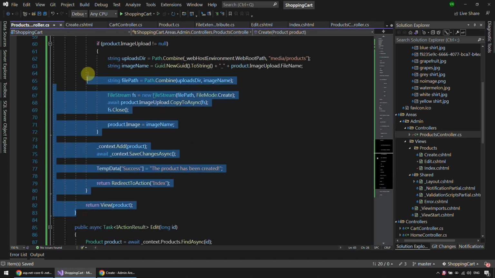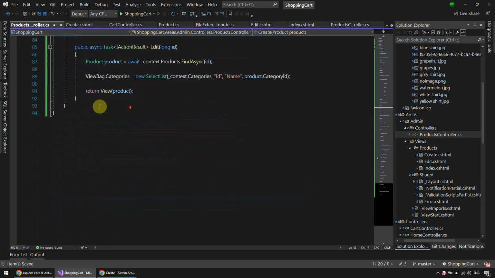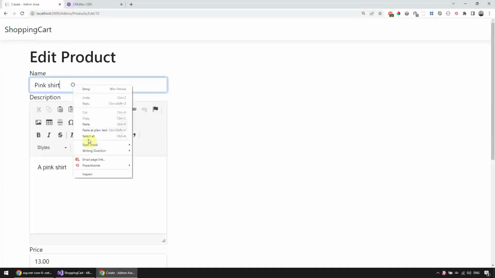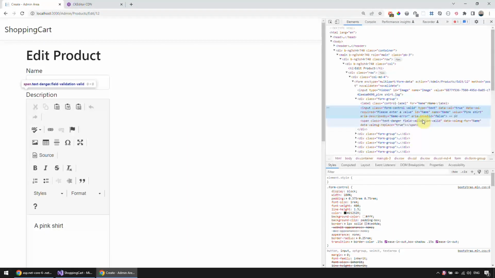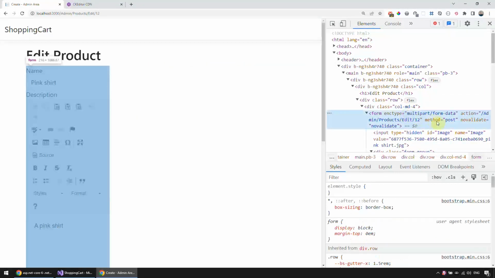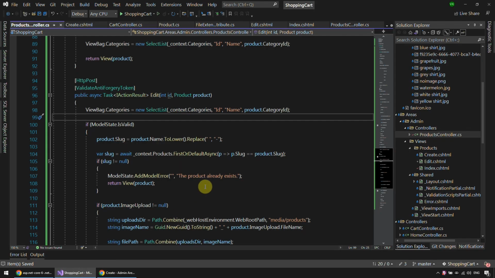So for post, I'm just gonna copy this post create, since it's kind of the same thing basically, so add it here. But I will be passing the ID here as well, since let's have a look at the form, right click inspect, and you can see that the action is /edit/some ID. So I'll use that, and I will have these categories here,